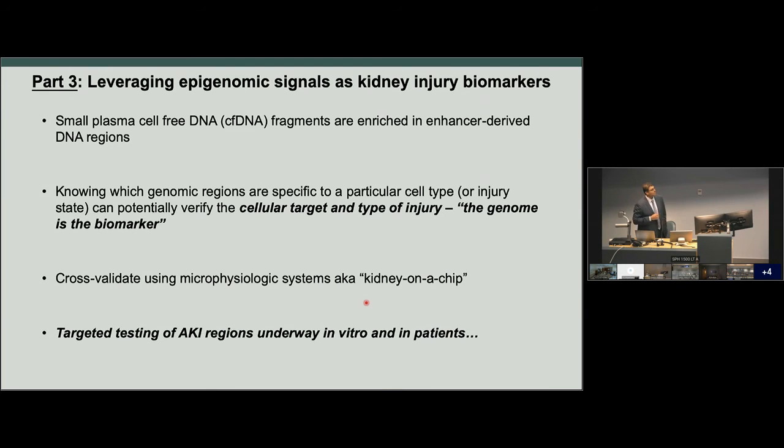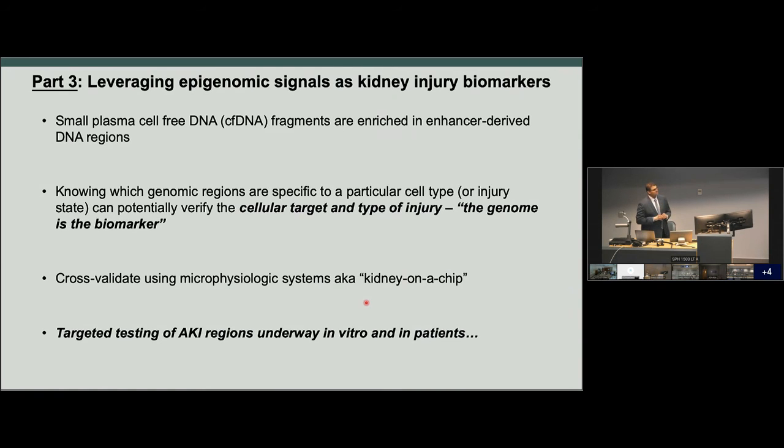I've not had time to talk to you about some of our kidney on a chip experiments, where we can actually grow tubules in three-dimensional cultures. They actually become much more normal. With collaborators at the Kidney Research Institute, they've exposed them to serum and done gene expression. So now we can ask from a completely different, orthogonal view what genes are changing in there and look at the chromatin landscape, and they again mesh very well. Unfortunately we don't have too much time to describe that, but this is really a nice cross-functional way to try to understand what the potential genes are that are changing, what their chromatin landscape changes are, and whether we can measure those changes in the cell-free DNA as well.